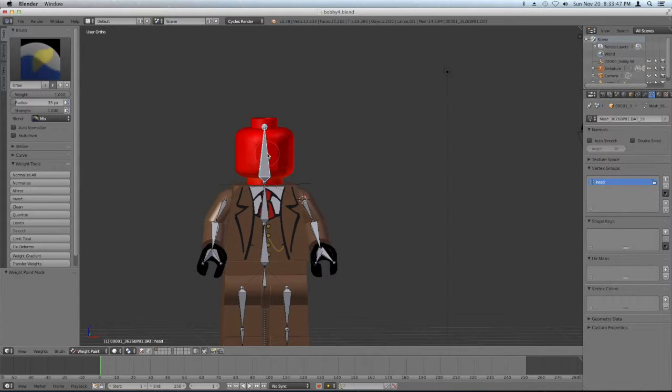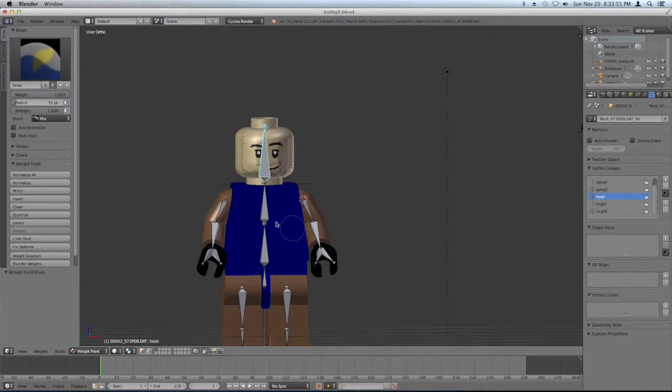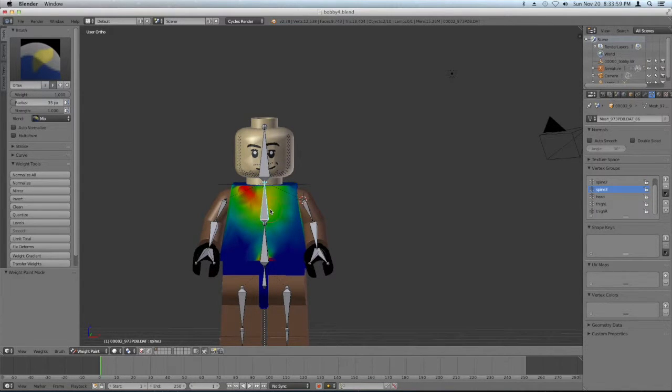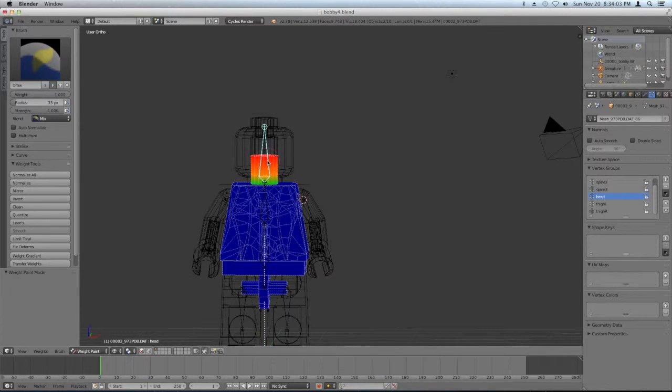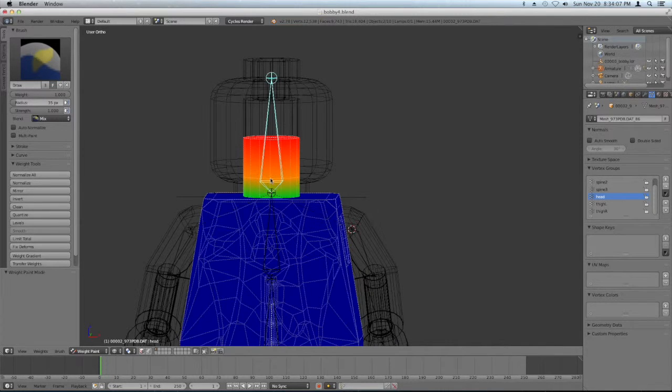So that was easy. Next, select the body mesh and go into weight paint mode. Actually, what we're going to do is hit Z and select the head. Now you see here the head actually has influence over this neck portion of the body mesh. So what we want to do is hit F